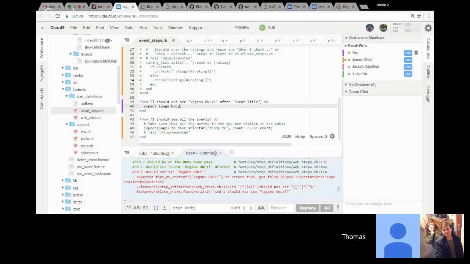Yeah, and you might want to get rid of that extra space in front of expect. Yeah, expect page body to. It's a method. It's a method that you're going to chain. Right. So how do you chain it? It's not space to. What is it? Dot to. Yeah, good. And now we're going to say match,